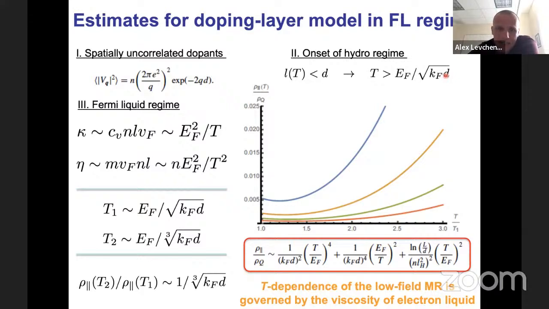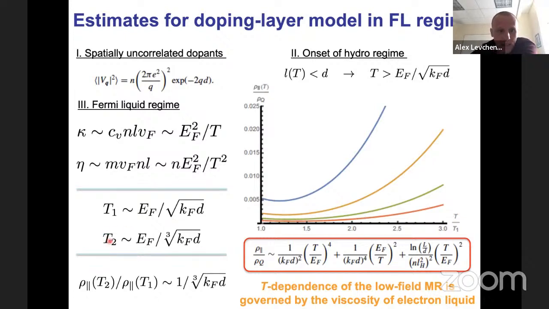So depending on density and depending on D, it is a parameter. It's not a very big parameter, but it's an okay parameter for theory purposes. This condition defines scale T1, which I call an onset of hydrodynamic behavior. It means I could not use this formula in the low temperature regime, but I could use it in a higher temperature regime. For this reason, in the plot, I only highlight temperatures which are higher than T1.